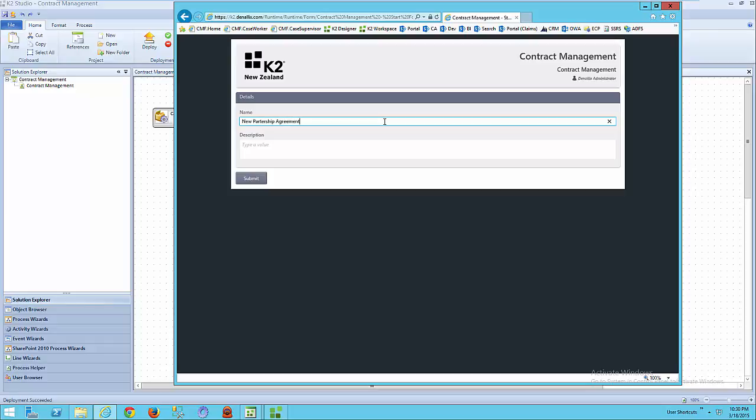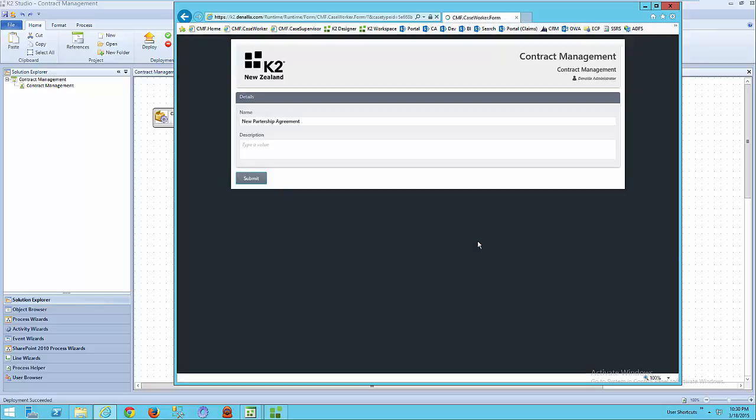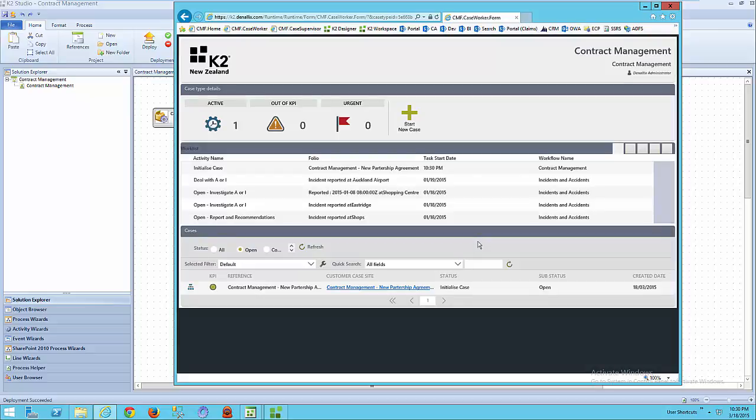Okay, in this case we're going to have a new partnership agreement. And what's actually happened behind the scenes is we've used this page. You can see we've actually taken the template form for starting your case. We've renamed it. We've added in our case type. Okay, so we've started our case,